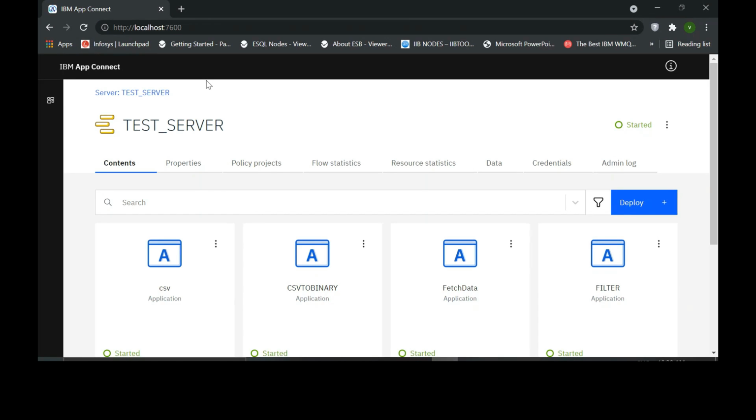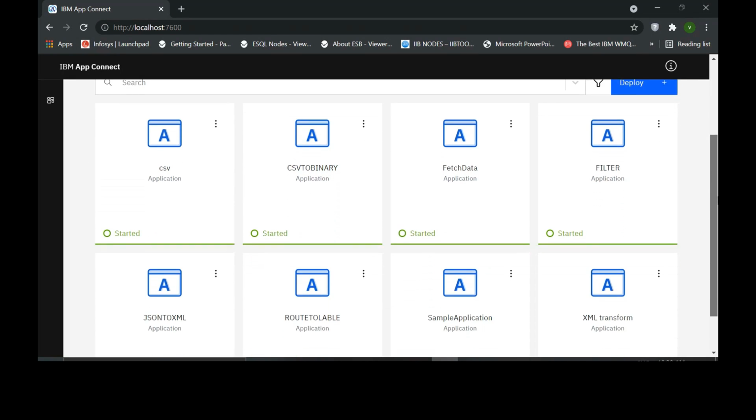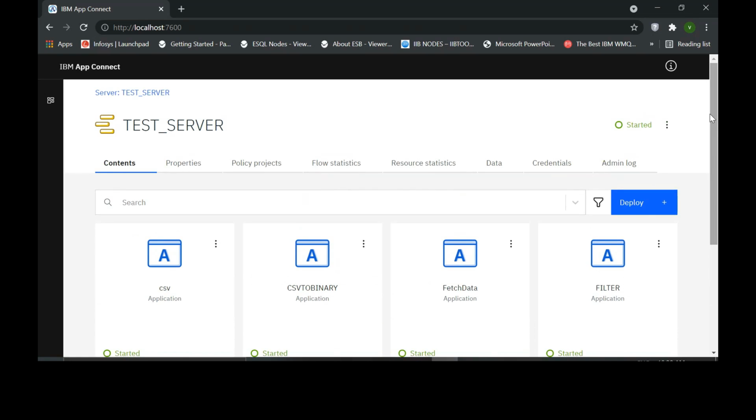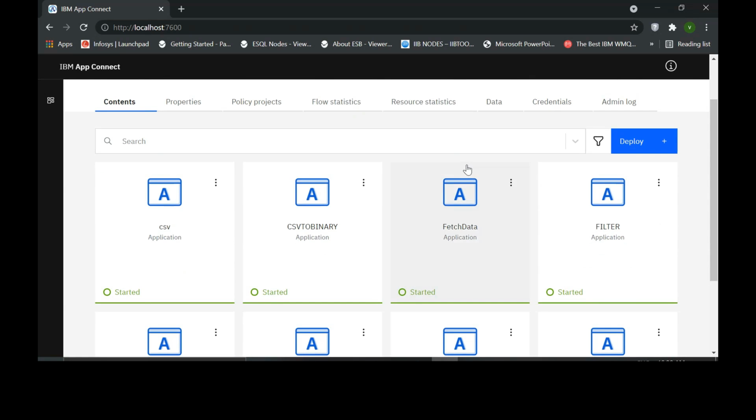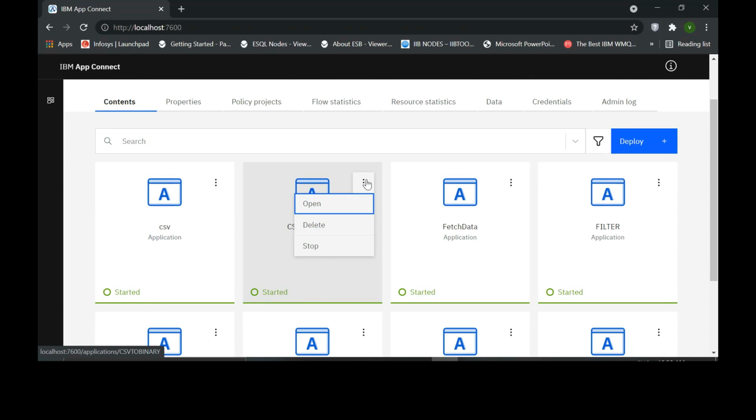All right, this is your user interface. Now we'll look at admin logs. Let's first click on your application, CSV to binary. Three dots, open.